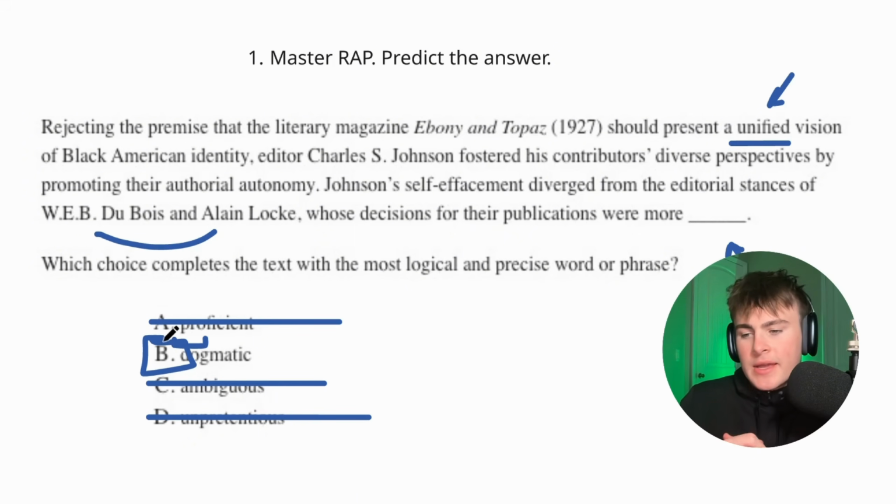But dogmatic is like one vision, like all combined or one stance pretty much. So that's about it. Now, as you may have noticed, dogmatic is clearly and far ahead the hardest word out of the four here. The other three are pretty easy words. But even if you don't know what B means, you can still get it right because you eliminate the incorrect words that you do know. So yeah, that's about it. Now, little nuance. If you are a non-native English speaker, you will have a much, much more difficult time on vocab because these words are not common in your language because they're obviously not. Your language is obviously not English. So you're going to have a harder time. But most English speakers are going to know most of these words. Yeah, that's my stance there.